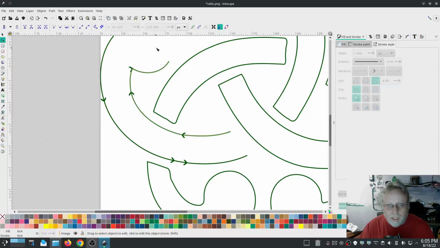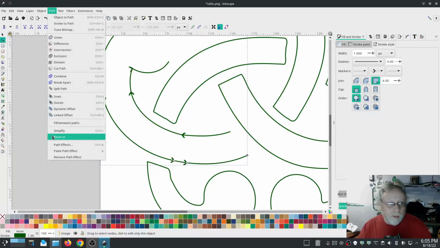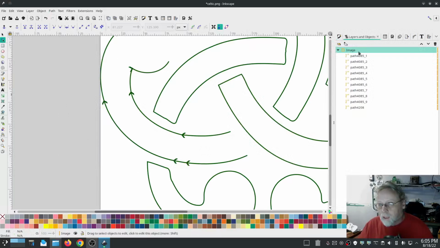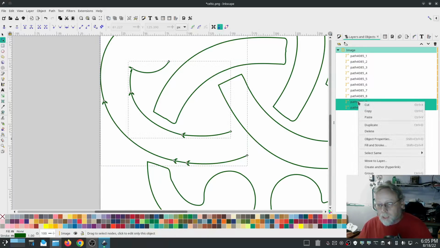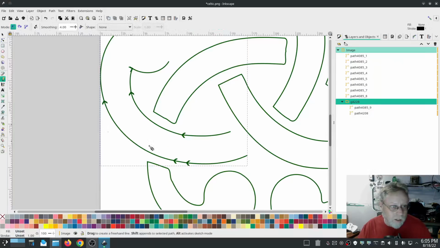Unselect by just clicking outside of the piece. Now select one of them. It doesn't matter which one, unless you specifically for some reason need it to be one of them, but select one of them, give it a path, reverse. Now they're going in the same direction. Next thing I'm going to do is, since I had to break it apart, I want both of those objects. I'm going to go ahead and take both of those objects into a group. And from there, now we can draw some